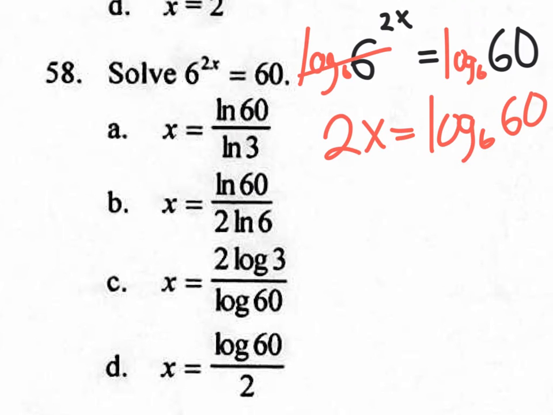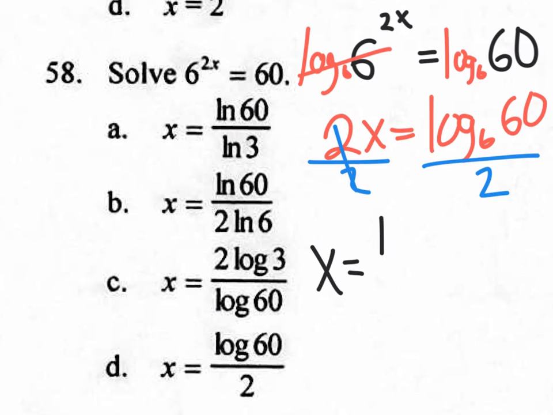Now, log base 6 of 60 you can't do. And if you look at your answers, all of them have either ln's or logs. So let's continue to get the x by itself and then apply the change of base formula to find those answers. So let's divide by 2 to get x by itself. Divide by 2, and you're going to get x, and this is technically your answer, log base 6 of 60 divided by 2. Now, log base 6 of 60, we need to be able to find an answer to this, and